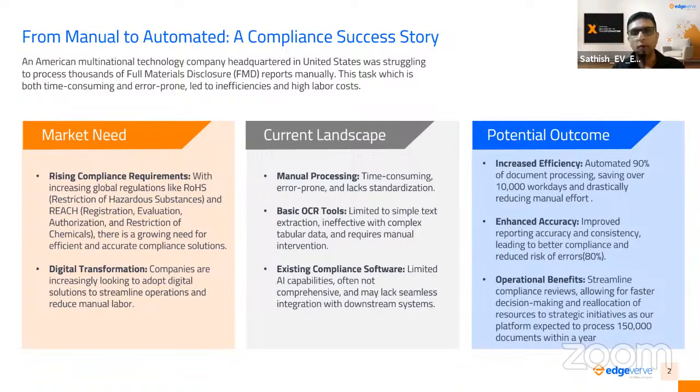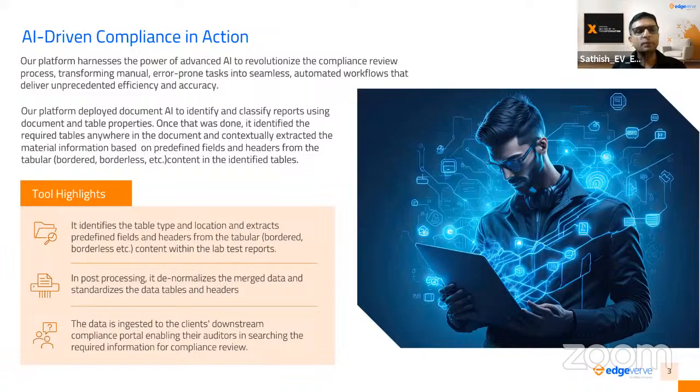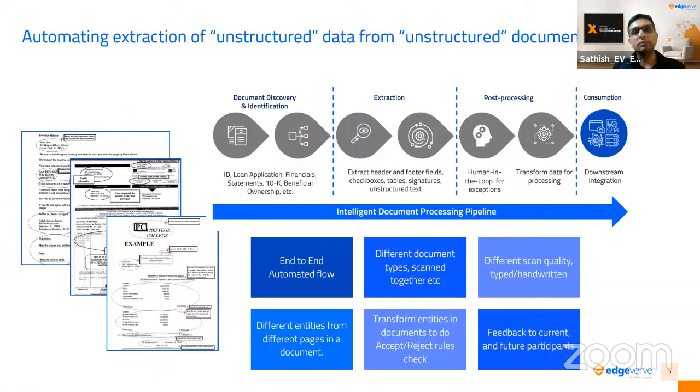So how did we work for it? This is predominantly toxicology reports, and each toxicology material report will look very different from the others. How did we look at it? The real challenge was identifying the right place from where you have to extract, and then normalizing it. That's what I will show you, purely on how AI was applied and done. The whole package, the product, allowed them to do this whole exercise.